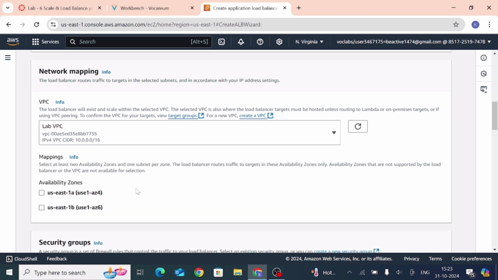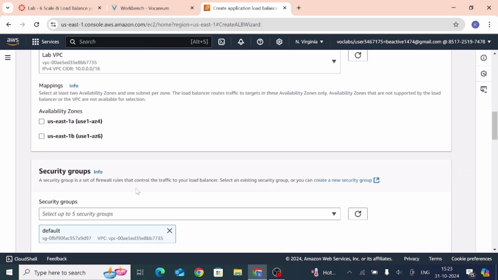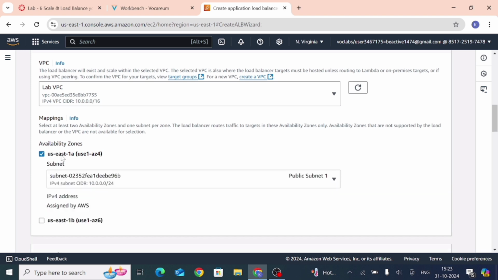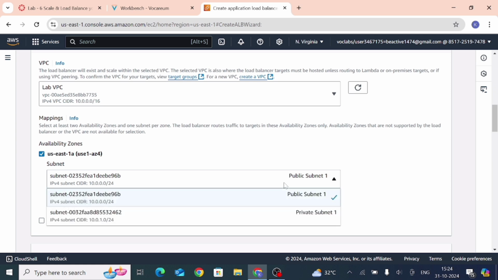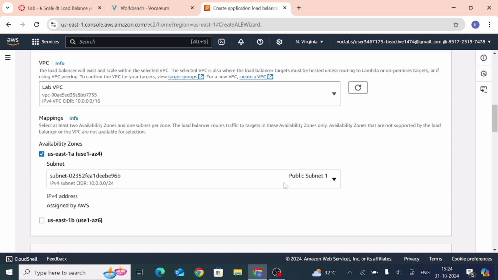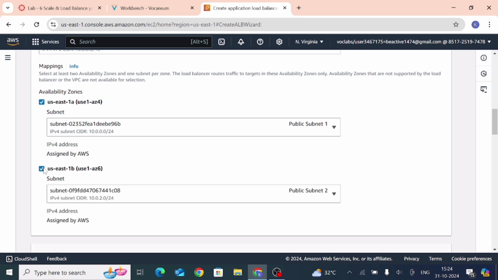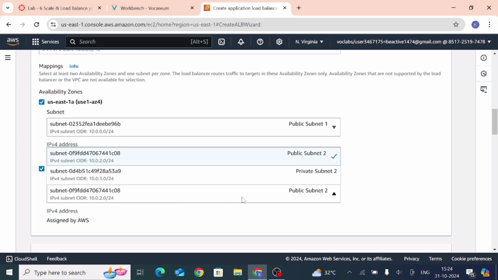Now from this availability zone, choose the first displayed Amazon availability zone, this US East 1A, and then select public subnet 1, which is already selected here, so keep it as it is. Now select the second availability zone and select public subnet 2, which is already selected here also.